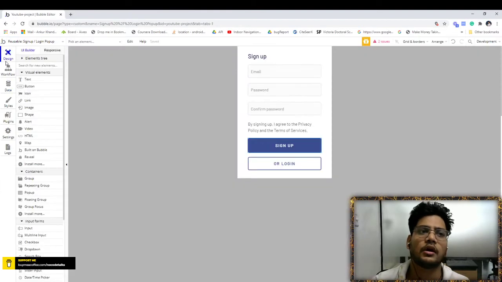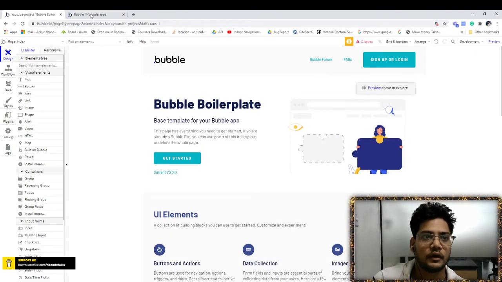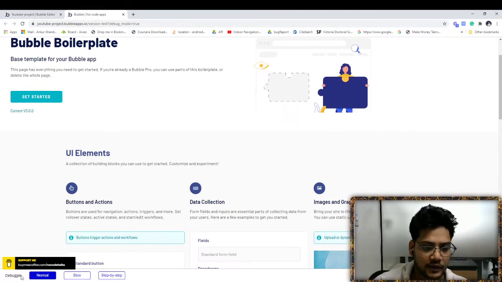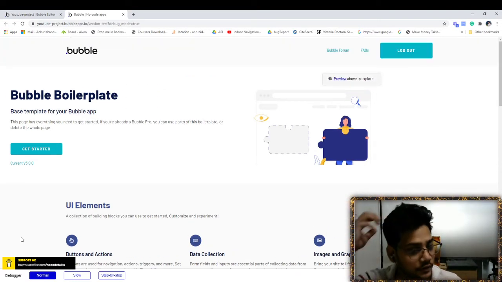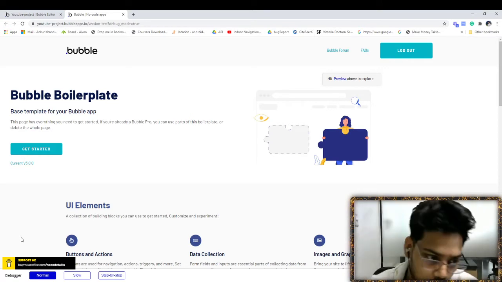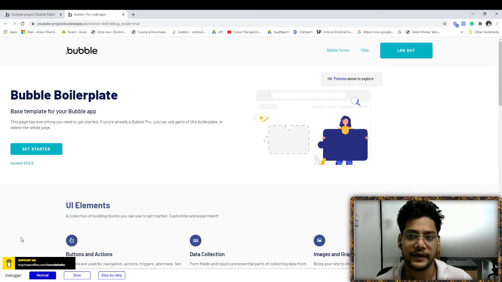So today, in the current video, we'll talk about the debugger. What is the debugger? When you preview your app, there are three types. So this is the debugger. Normal. So first understand what the debugger is and what its use is. Basically, the debugger helps you find an error, finding the root cause of the error where you got an issue.